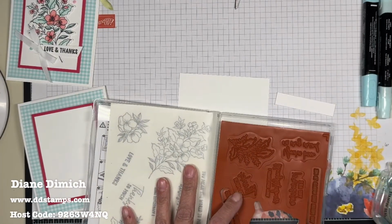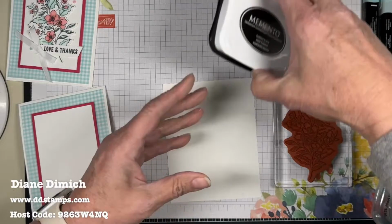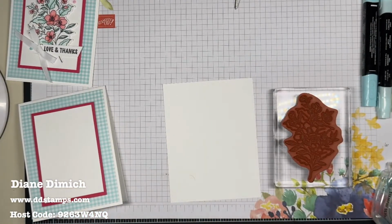I'm going to use this big stamp here, this big flower. I love this big flower. I just think I love all flowers. And like I said earlier, it's...